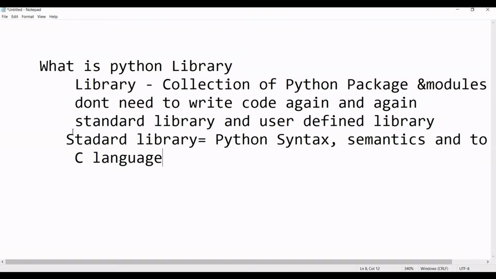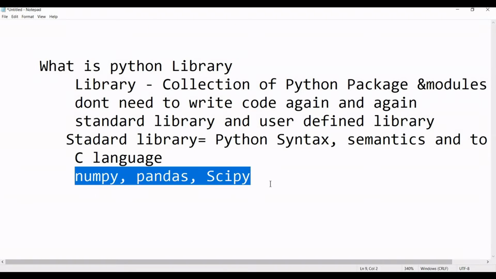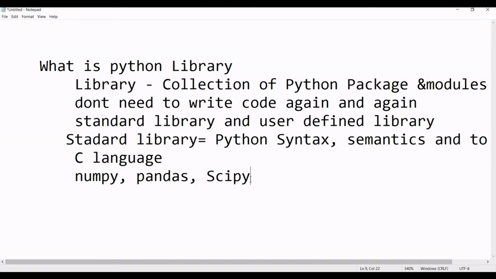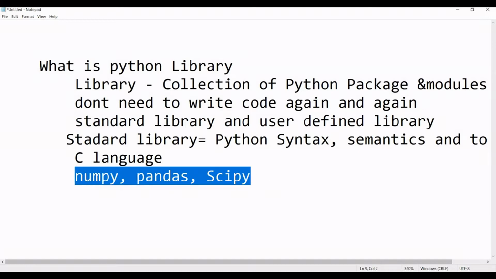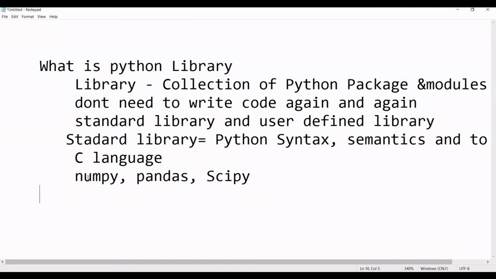Some of the examples of standard libraries are NumPy, Pandas, and SciPy. Inside all these libraries there are many modules and related functions described, so we can import them in our program without writing the code many times. Let's see how Python library works